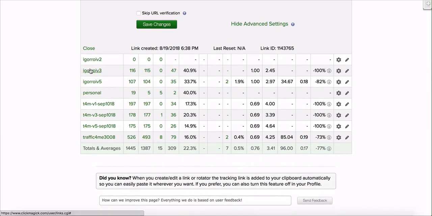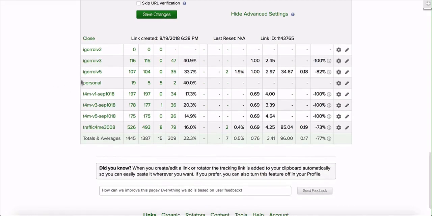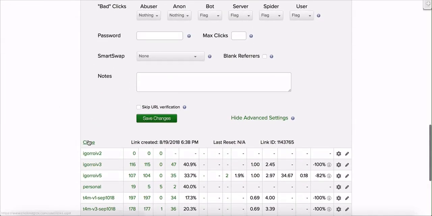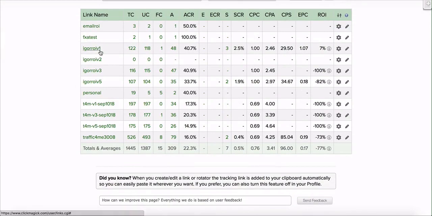So as you can see, what ClickMagick allows us to do is track our opt-in rates. It will allow us to track our sales if we place the pixel on the thank you page of our sales funnel, which again, if you're promoting affiliate products, you will not be able to do because you do not control the product. And what's most important, it allows us to track conversions for each traffic source separately, which is how my friend